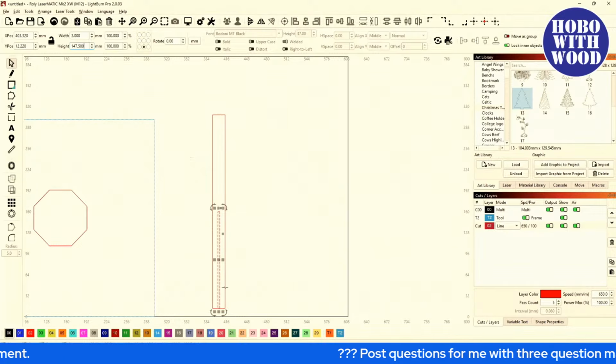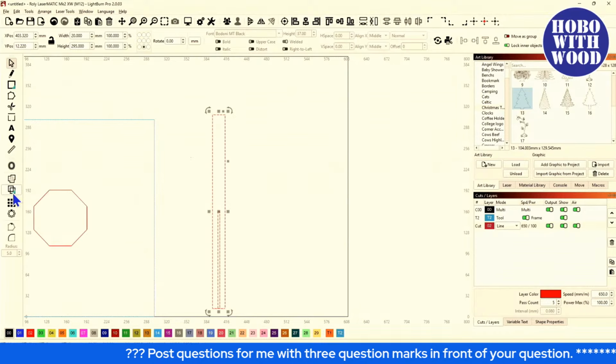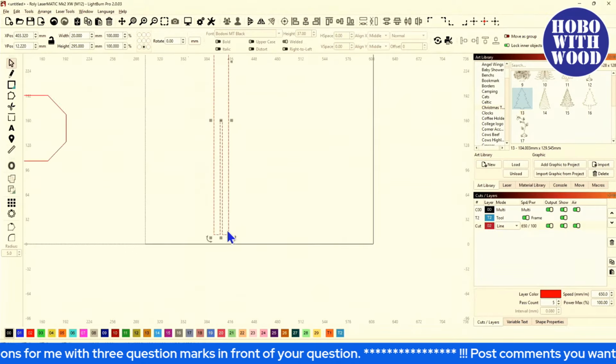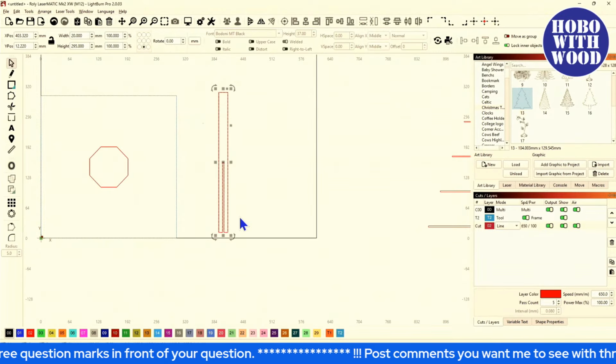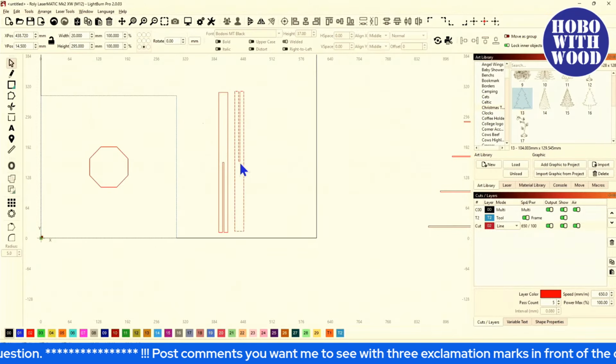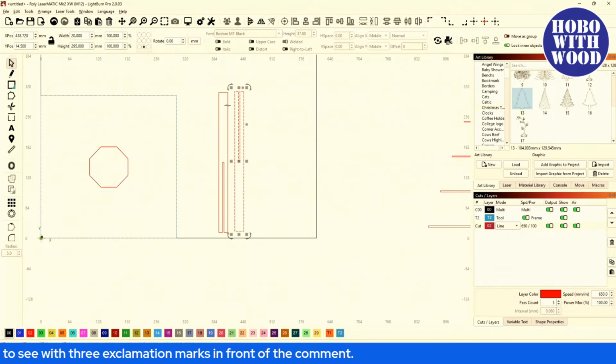And now I can say A, subtract B, and use the subtraction tool, and that cut that out at the bottom. And now duplicate that, Control D, and rotate it. And there's those two. One's going to slide down over the top of the other, interlocking with each other. And once they're interlocked, you're going to have a